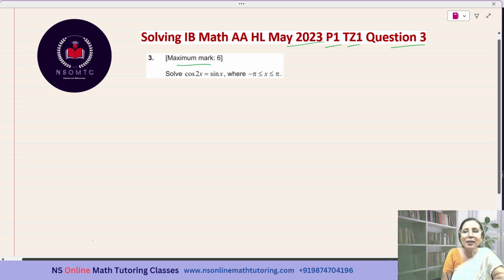The maximum mark is 6. Solve cos 2x equal to sin x where x is greater than or equal to negative pi but is less than or equal to positive pi. Okay, so cos 2x